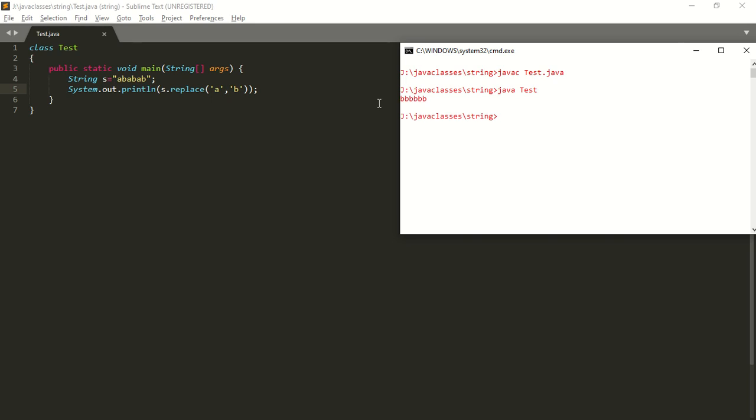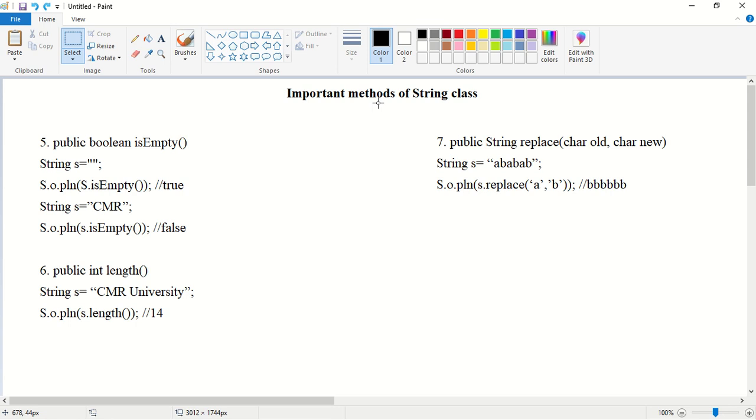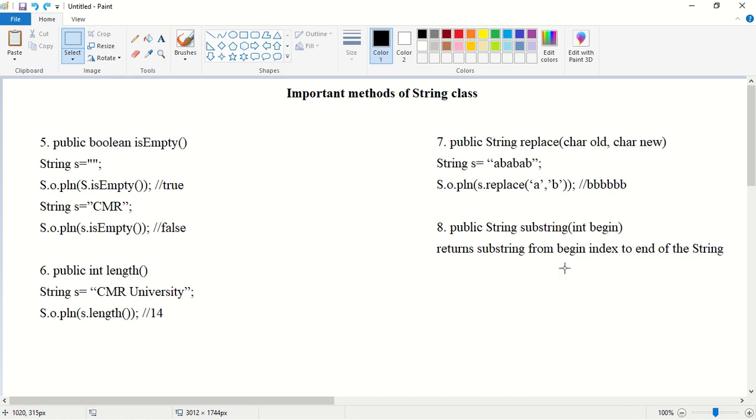Okay. Next, my requirement is, I want to get a substring from a given string. So what is the method we have? We have the substring method. Public String substring of int begin. So what is this method going to return? This method returns the substring from the begin index to the end of the string. Okay. So I will show an example for this. String s is equal to abcdefg.